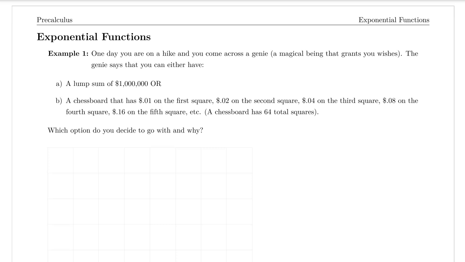In this video, we'll be talking about exponential functions. Example 1 says, one day you are on a hike and you come across a genie, a magical being that grants you wishes. The genie says that you can have either option A, which is a lump sum of $1 million,